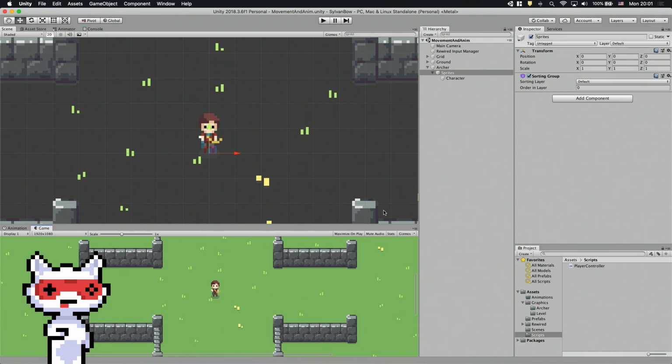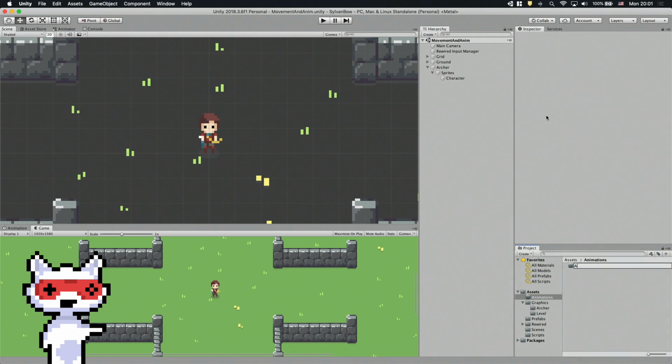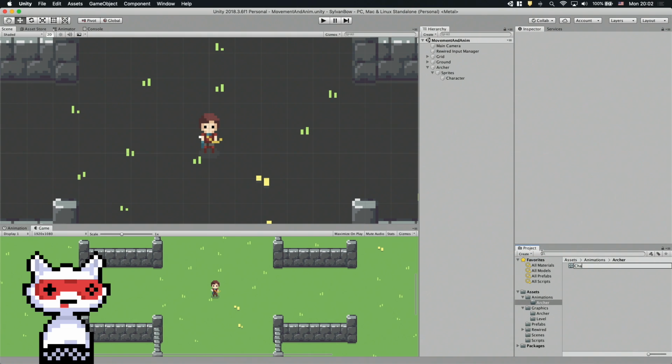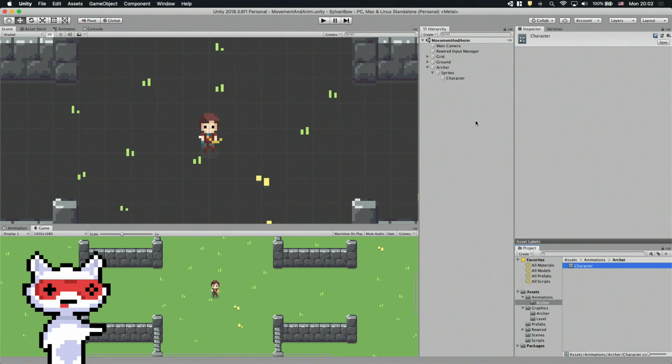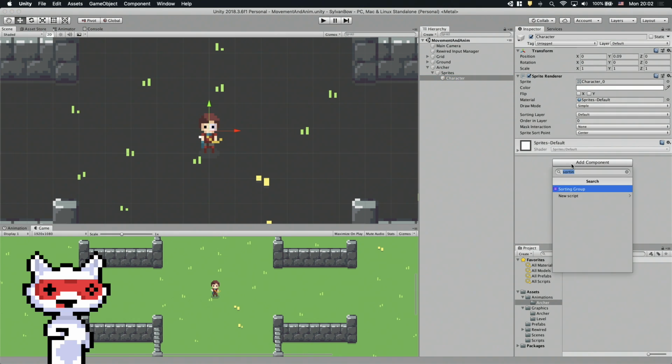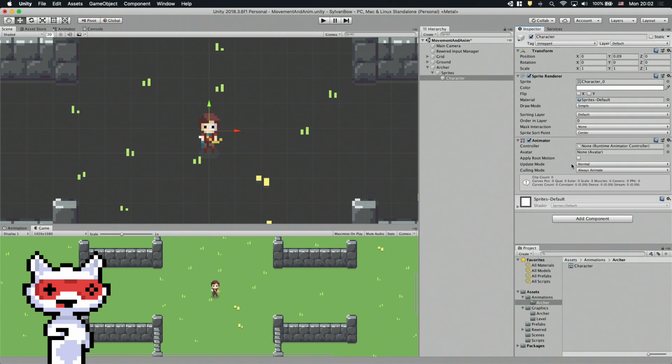Cool! Now it's time to do the animations. We'll do most of them with nested blend trees, a forest of them. But first we have to create an animator controller, so let's create one under the animations archer directory. Let's name it character. Now we need to select the archer game object's character child object and add an animator component to it. This component has a controller variable. If we drag and drop the animator controller asset, Unity creates a reference for the component to the controller asset.